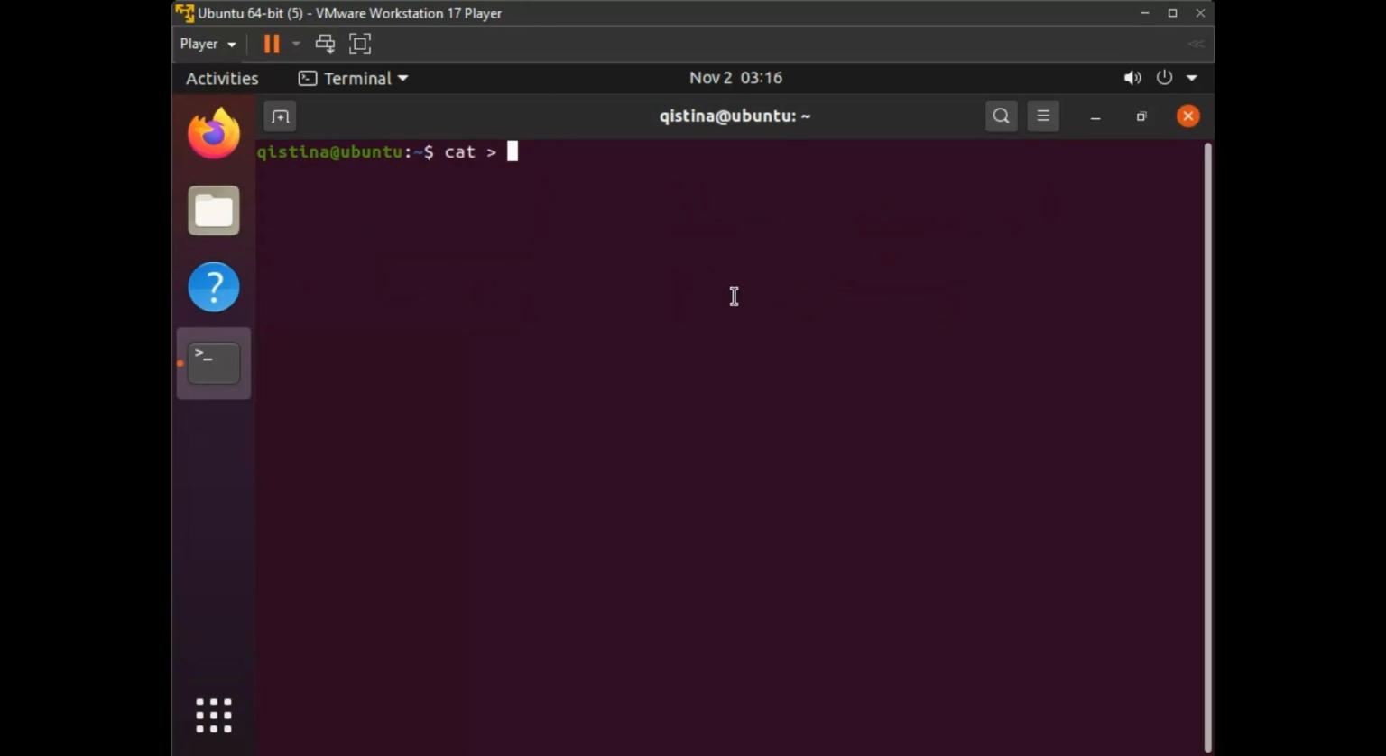Next, I'm going to show how to create a new file and view its content. Here, I use a command called cat followed by a greater than sign and a file name. So I type cat, greater than sign, and for example I type culture.txt and press enter. Now the terminal is waiting for me to type something inside the file. I type a short message like, for example, baju kurung